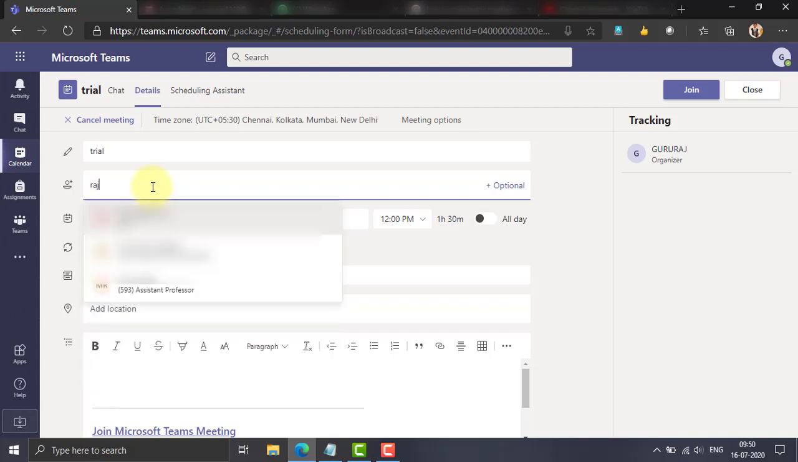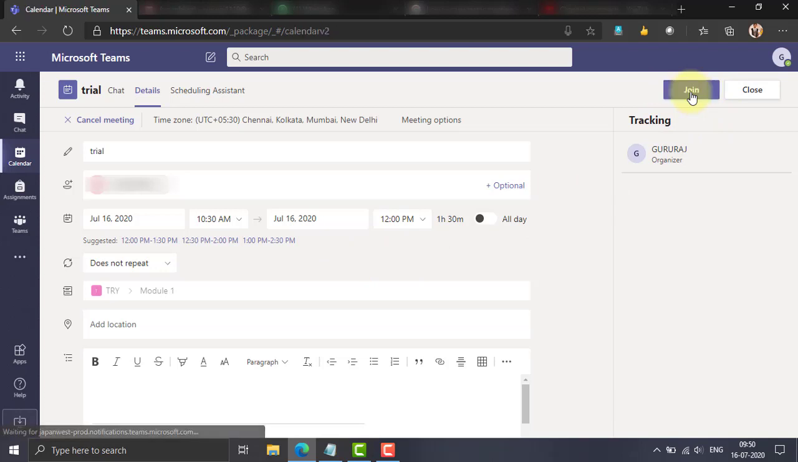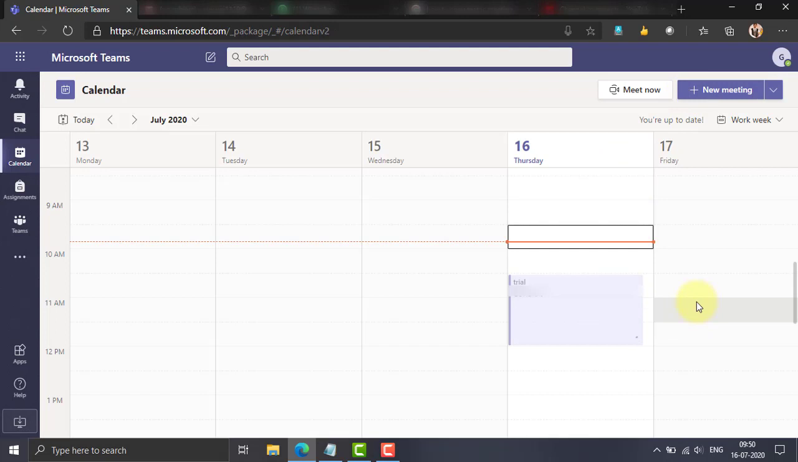Suppose I'll add a recipient with some name. Okay, so I'll just add him. His name will pop up here. Then you can click here to send update. Okay, so I can just click on send update. As soon as I send the update, what will happen is the participants that you added will get a